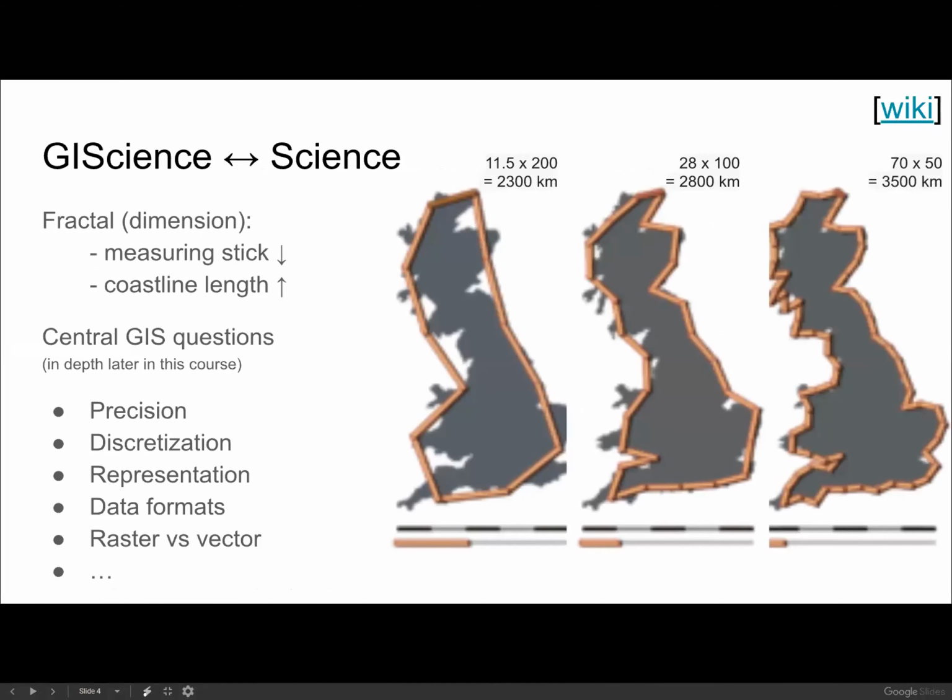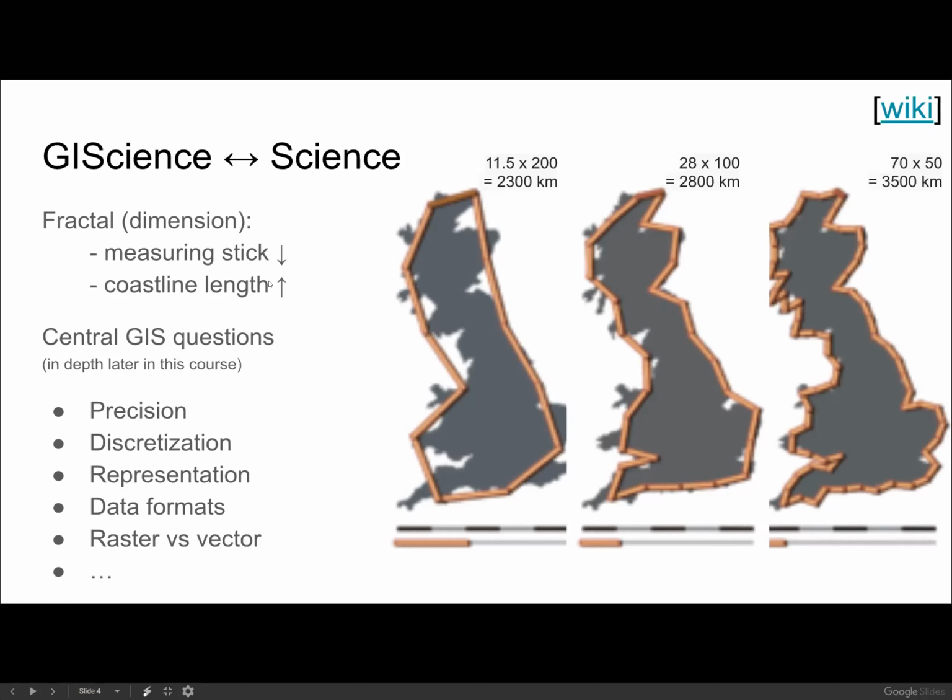So it's interesting that GIS science, of course, uses a lot of things from the usual science, from algebra. You will see a lot from other parts, from geometry, from other sciences, but GI science has also contributed to the development of science in general. And one example is this so-called fractal dimension. So don't worry too much about what it is.